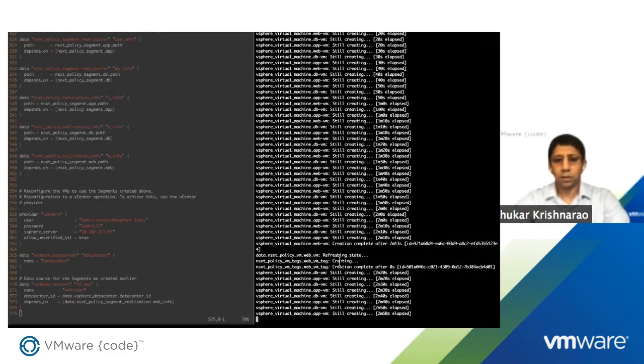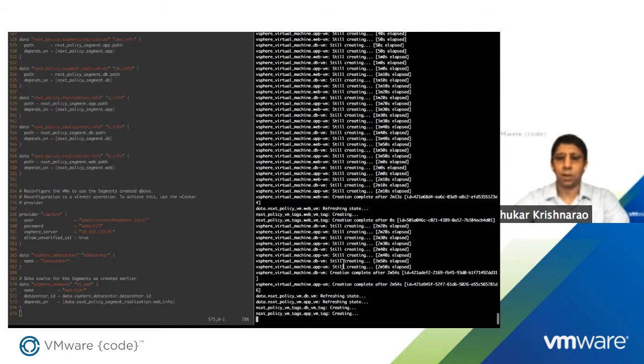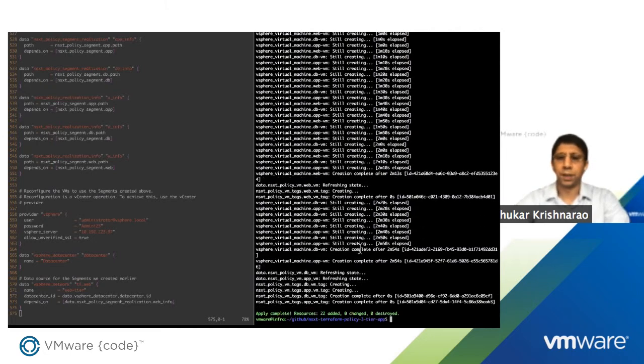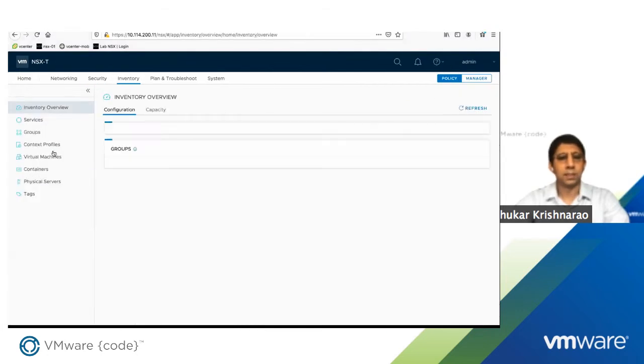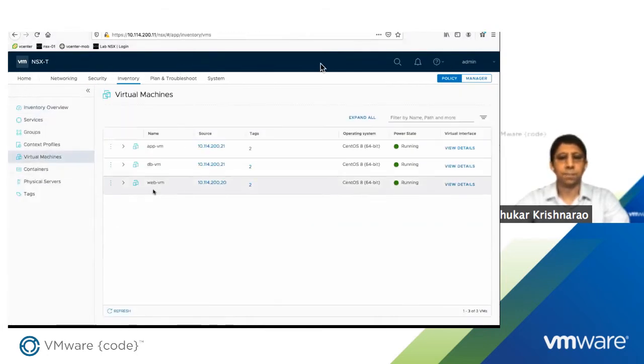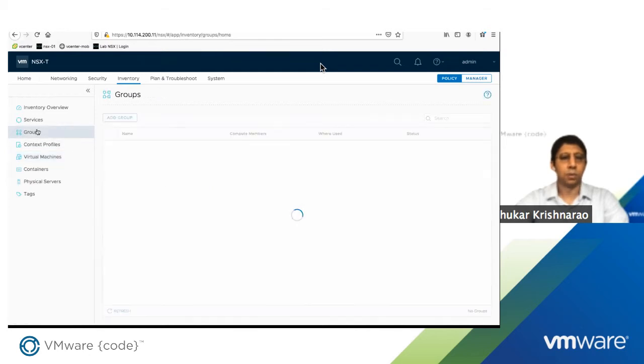All right, going back to the code. So while we wait for, oh, there we go. The VMs are created. And if you noticed here, the tags were also applied, which means if we go back to NSX-T and look at virtual machines, you see that each of these 3 virtual machines is already recognized by NSX-T. It has 2 different tags. One is the generic demo tag that I have. The second one is my web tag, which helps with the DFW rule,